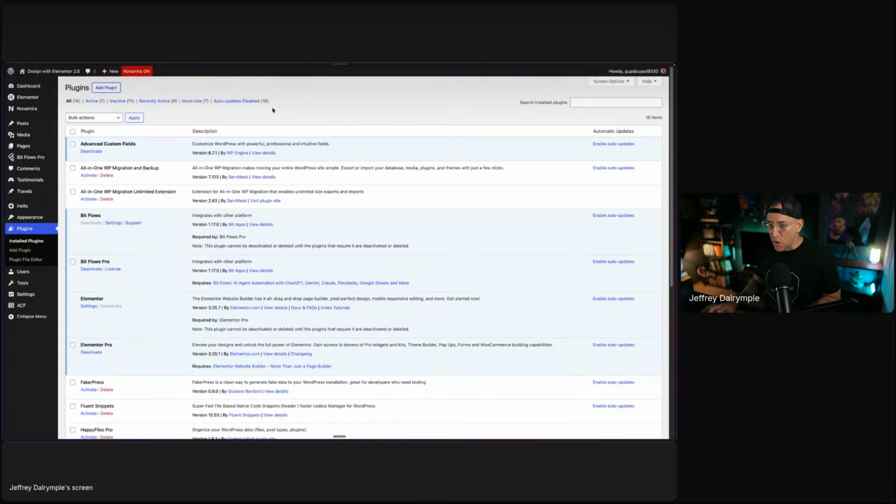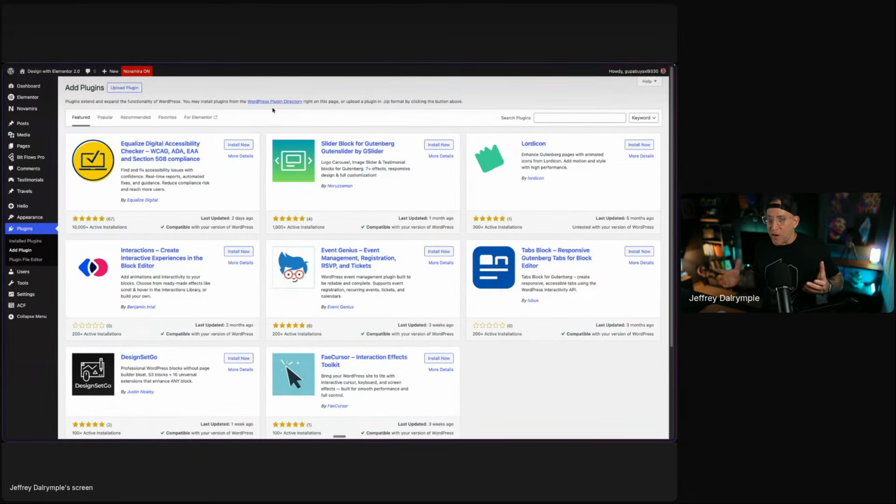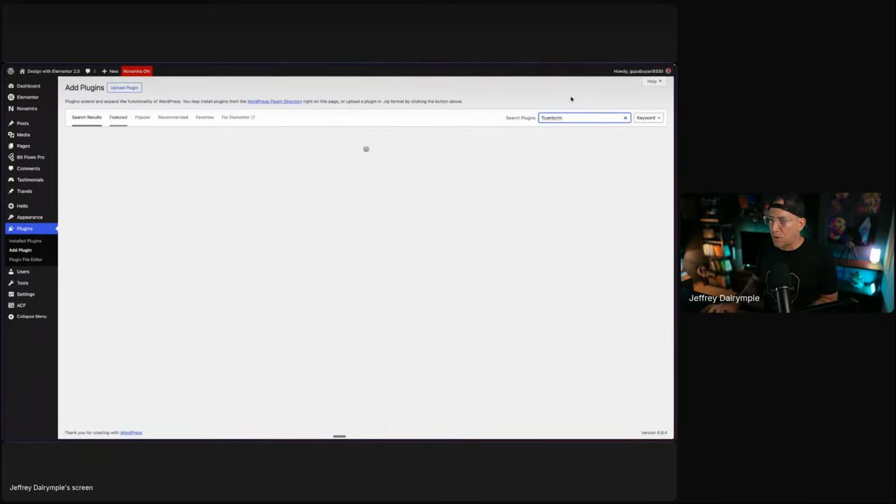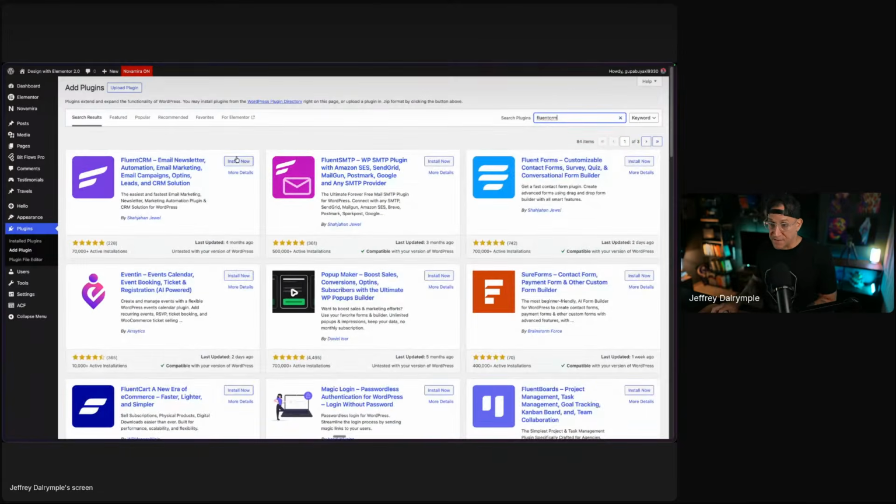That is the goal. Now I'm going to create a video on this. This is just what I have to go through before I create a video when I have an idea and I want to figure out how to actually make this happen. Let's go here. I'm going to probably use a free version of Fluent CRM. Hopefully that'll work. All I have is a one license for my own website. This is what I use for my newsletters. Let's see how far that could go.